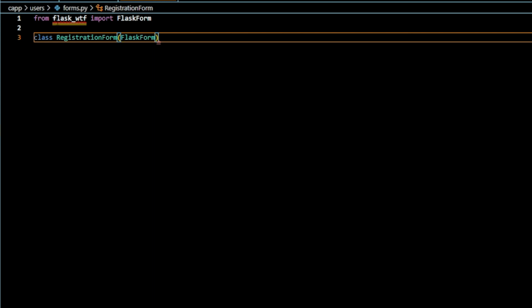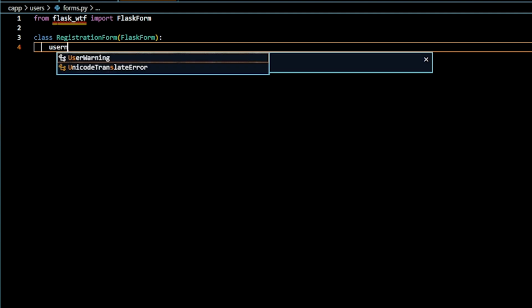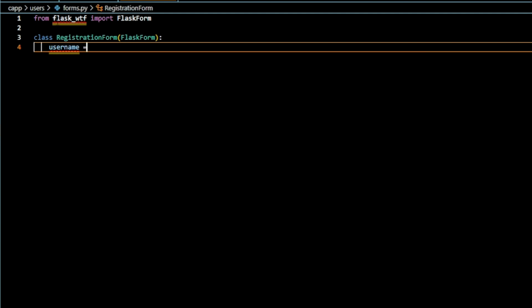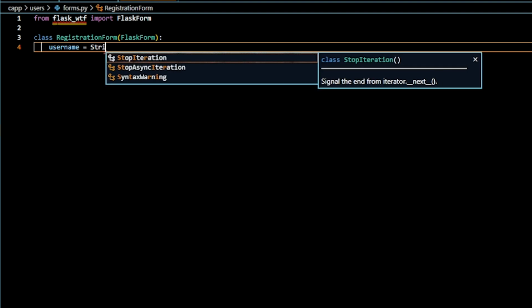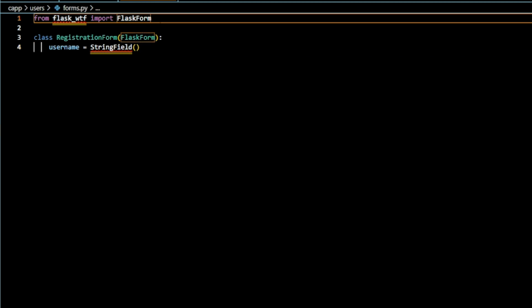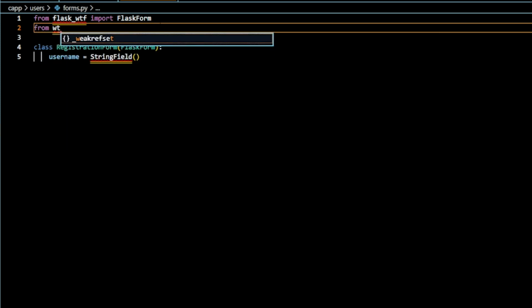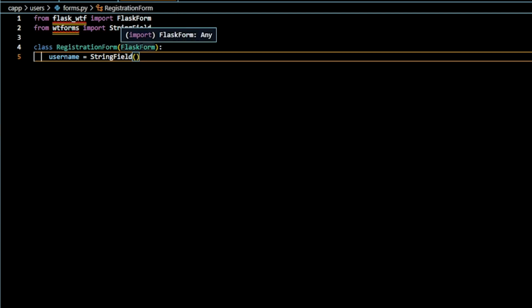Here we are going to introduce different fields. The first field that we are going to introduce is a username, and this is going to be a StringField. The next thing that we have to do is to import this StringField, from wtforms import StringField. Now here we are going to place a label of username,